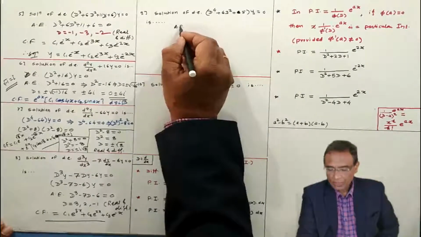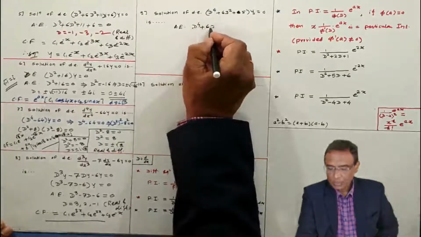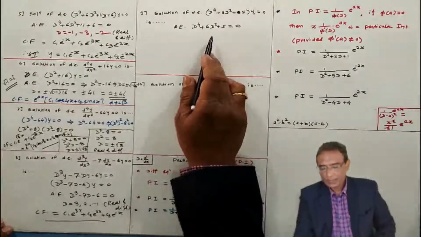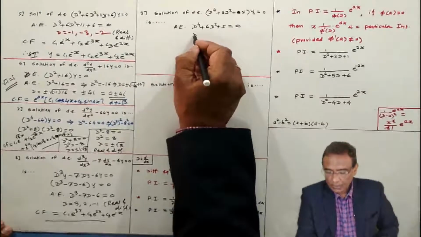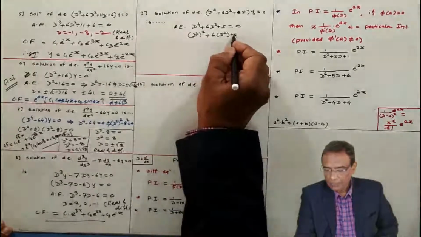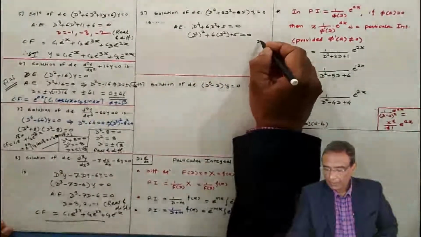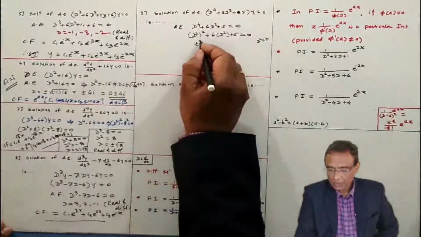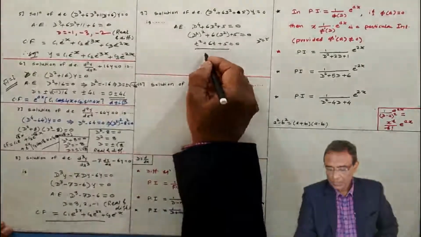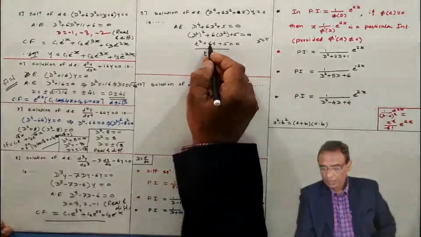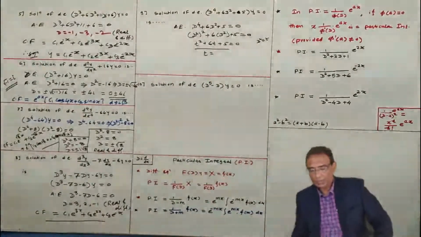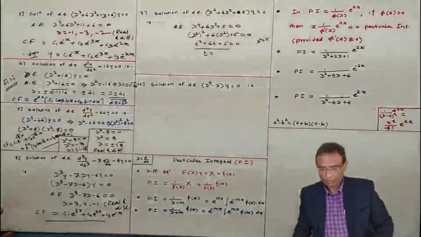See, the auxiliary equation I am writing directly: D raised to 4 plus 6D square plus 5 equal to 0. Okay, you can use the calculator here directly and get the 4 values of D, but I am doing it manually now. This is D square squared plus 6D square plus 5, and for simplicity, this D square equal to t. I am putting t square plus 6t plus 5, and if you solve this equation, you will get the 2 values of t. Okay, do one thing.